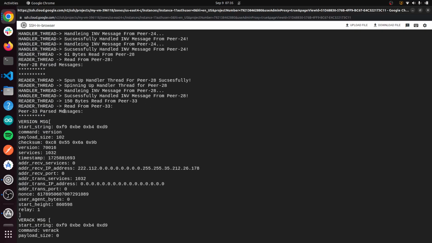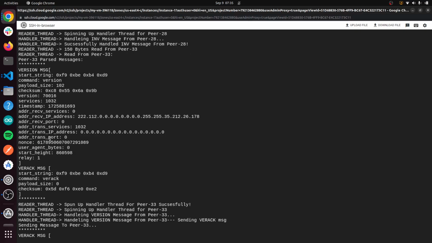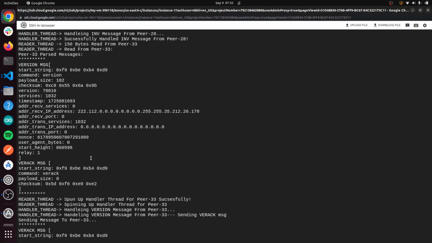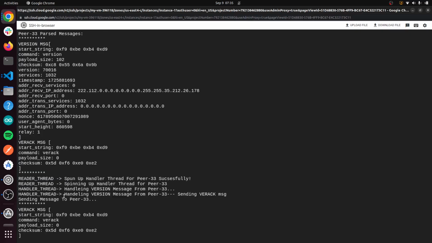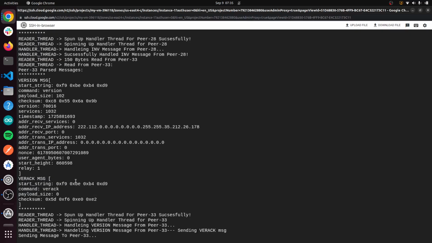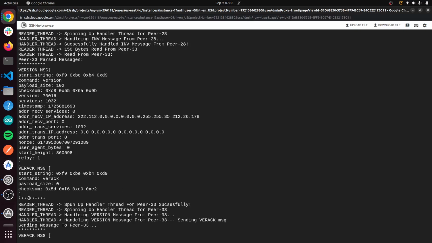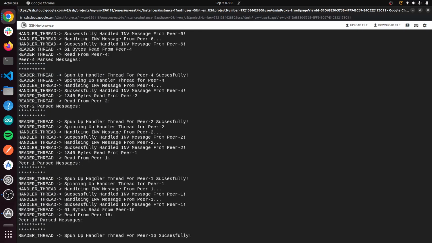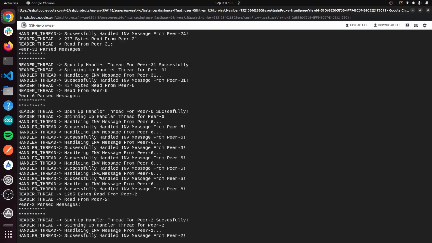For instance, Peer 33, we received a version message and the Verack message. Oh no, probably because I sent the version. Okay, never mind, because it's an outbound connection. So I sent the version message and it sent me the version message as well as a Verack message. And then I spun up a handler thread. And then I send the Verack message, and that should establish that connection. And that's essentially what we've been doing here.